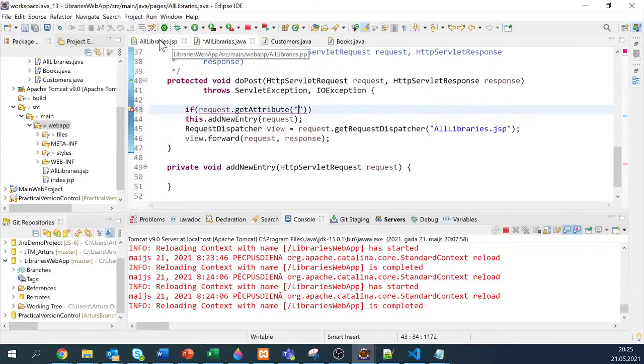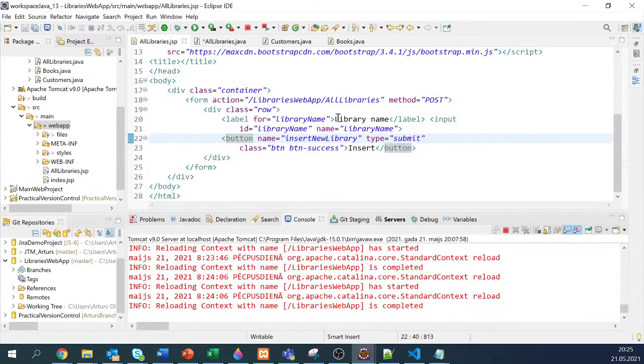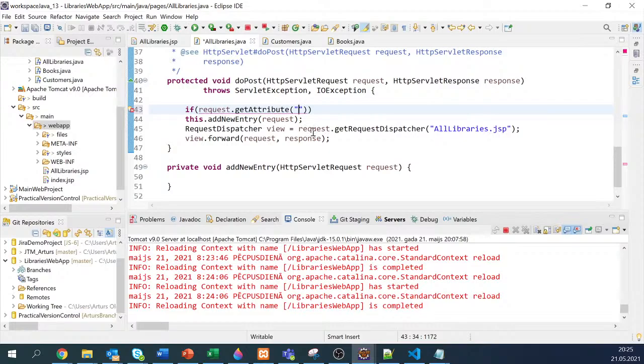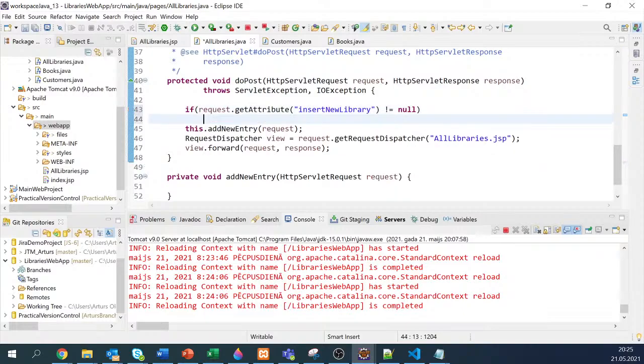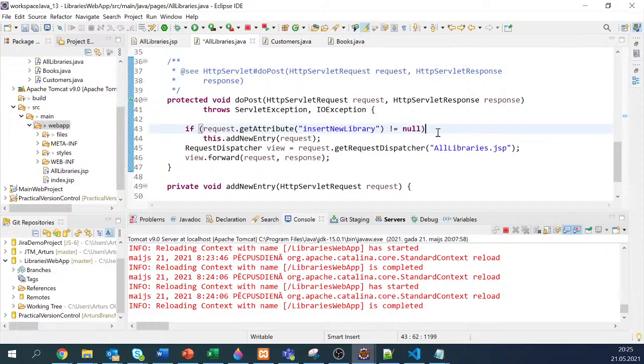Let's maybe pause it right now. We don't need it. Yeah, this button. If the button is pressed. So if the request, the attribute will be, all the attributes will be given as strings. So if the attribute exists, so it's not null, then we call this add new entry